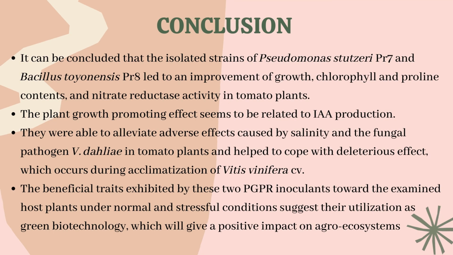For the conclusion, it can be concluded that the isolated strains of Pseudomonas tatsuri PR7 and Bacillus thuringiensis PR8 led to an improvement of growth, chlorophyll and proline contents, and nitrate reductase activity in tomato plants. Also, the plant growth promoting effects seem to be related to IAA production. They were able to alleviate adverse effects caused by salinity and the fungal pathogen Verticillium